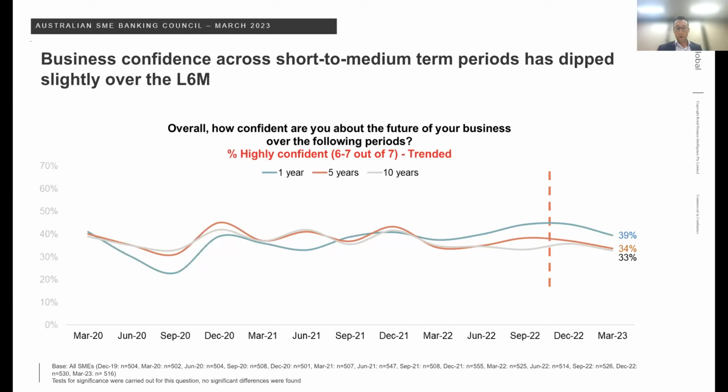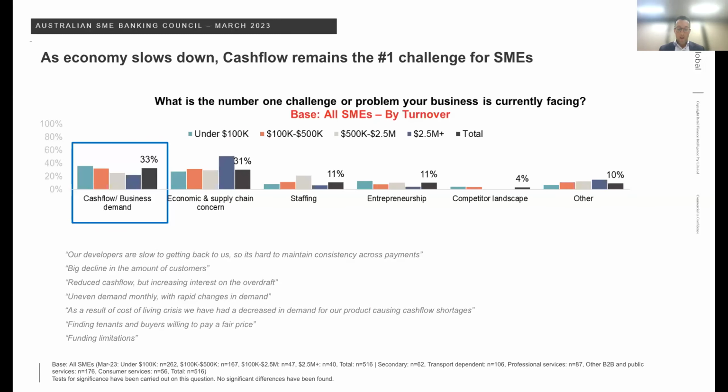Now, as we dig a little deeper, if we could move to the next slide, you can see that the reduction in confidence comes down to three core things: economic concerns, some supply chain challenges, and the cost pressures that Christy was touching on as well. And really the broader cost of living challenges that are starting to weigh on business owners. So that negative sentiment that we're seeing in the consumer sense is clearly starting to bleed into the